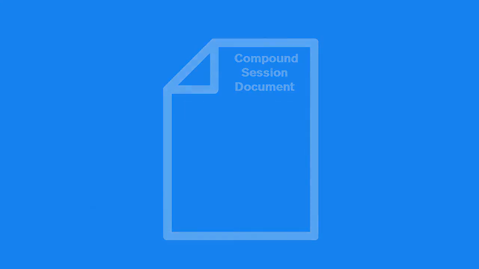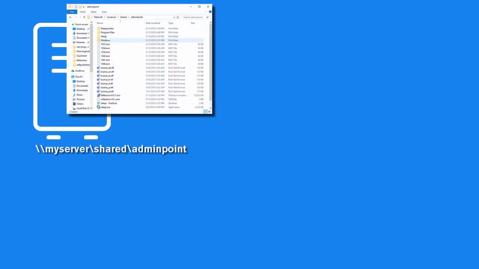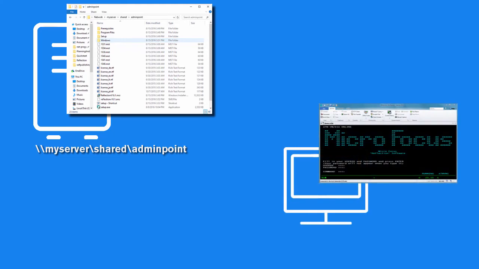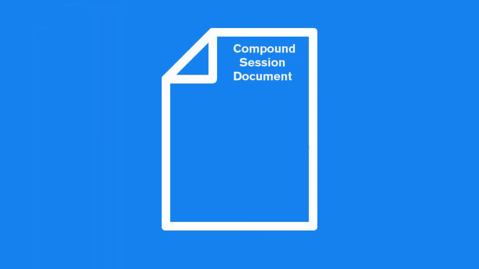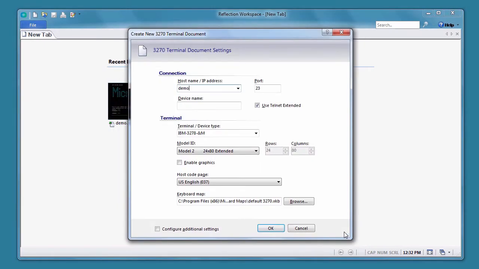Now we'll walk through our example. We've already set up an administrative installation point, a network share on a file server that includes an image of Reflection, and installed Reflection on a workstation, as shown in the Reflection Getting Started with Deployment Guide. To create a session document that uses a custom keyboard map, we open Reflection on the workstation and select to create a new session. Enter the host name,